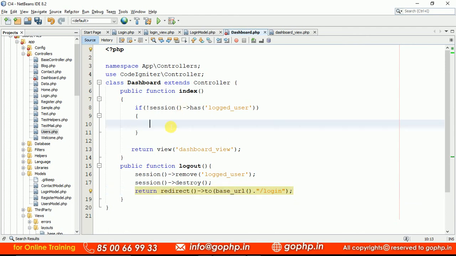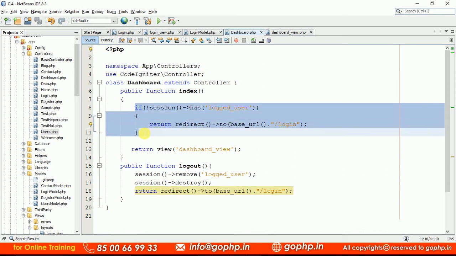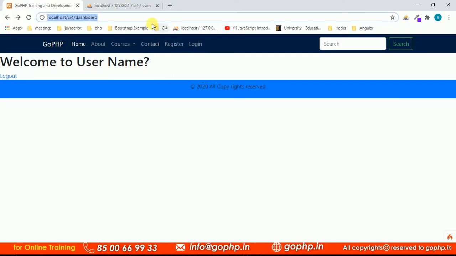Later we will write a much better condition for all this, because if you have 10-15 methods, will you write the same thing for 10-15 methods like this? It is not correct, right? For example, you want to access 10 to 20 pages once you are logged in. Will you write this 10 to 20 times? Where we have to write this condition, we will see in the next session, don't worry. Right, let us go there and submit the form now.